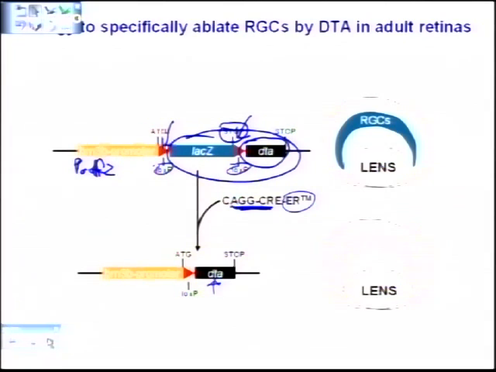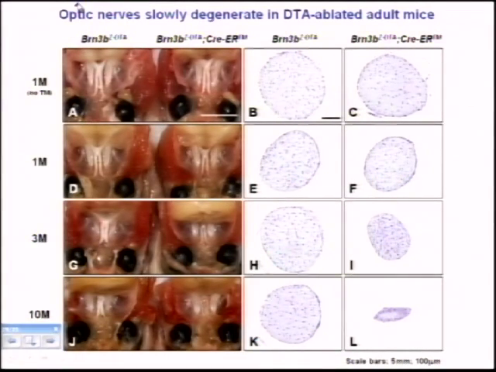So Zhang Zhao and Shuquan Mu in my lab did these experiments, and let me just spend the next few minutes telling you about these results. So the first experiment I want to show you is really the key experiment. What we've done is we've injected tamoxifen into a mouse that's 1 month old and then waited at different times and looked at the optic nerve. Oh, I didn't put that slide in. Okay. To look at the optic nerve.